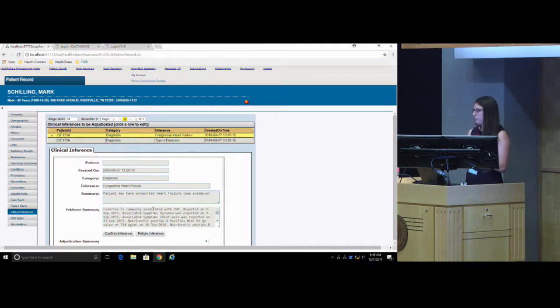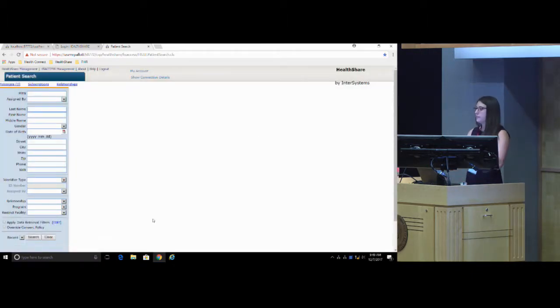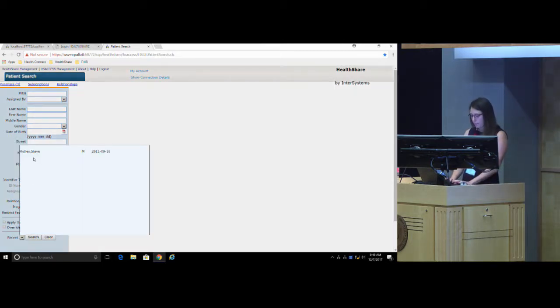So, how does this have to do with Smart on FHIR? So I talked about, in order for these applications to be really meaningful, we need to trust the data. We need to know that we have all of the data and the whole story and the whole picture for a patient. So I'm going to switch gears and look at a pediatric patient. And what I'm going to show is the standard pediatric dashboard, or the pediatric growth chart embedded within this clinical viewer, but being fed all of the data across all of the organizations. So if I pull up my